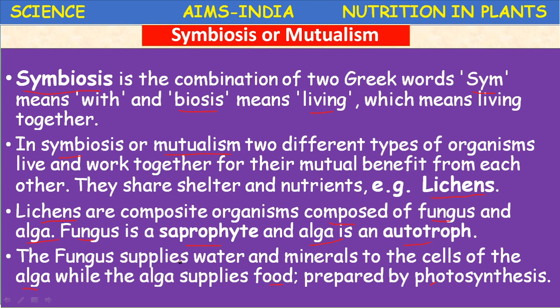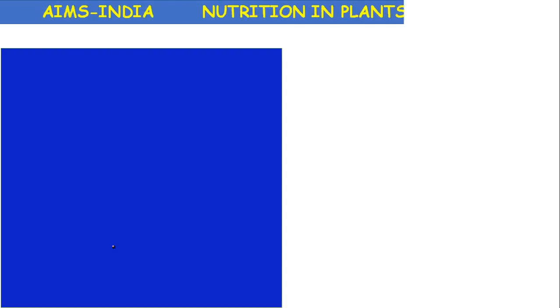So such kind of association is called a symbiotic association, and the organisms are called symbionts. Such nutrition is called symbiosis or mutualism, and these two organisms which are involved in symbiosis or mutualism are called symbionts. Let us see more about this